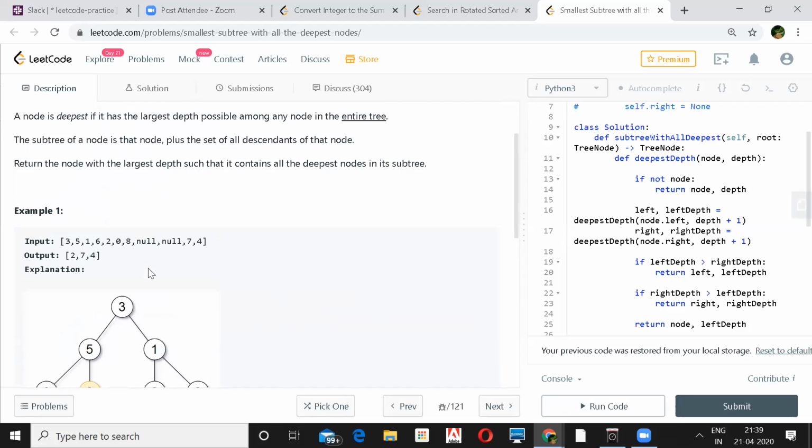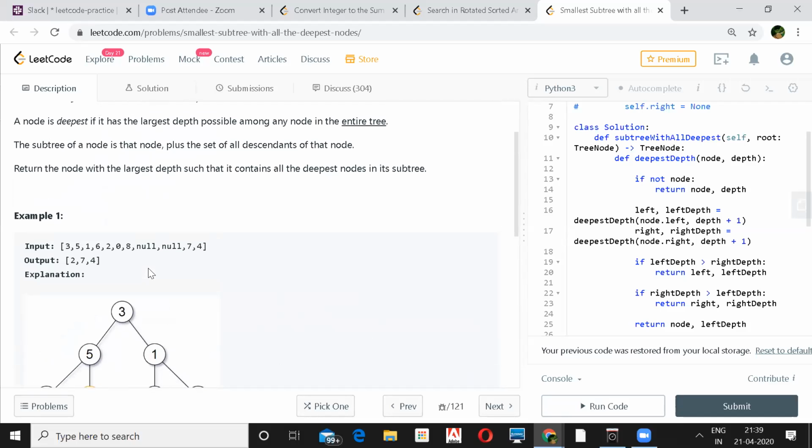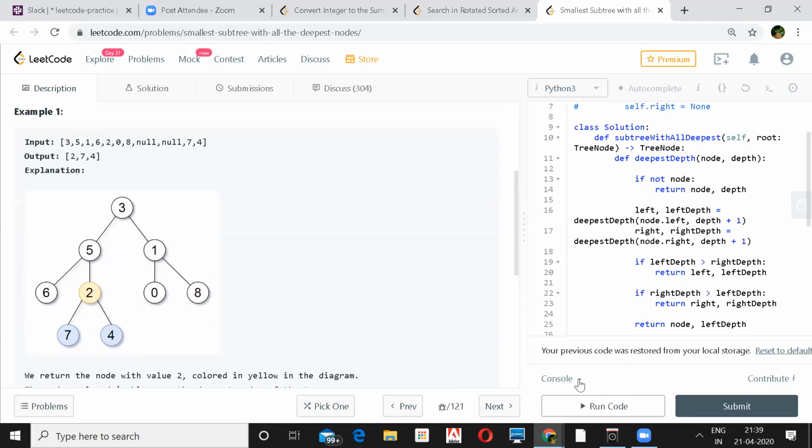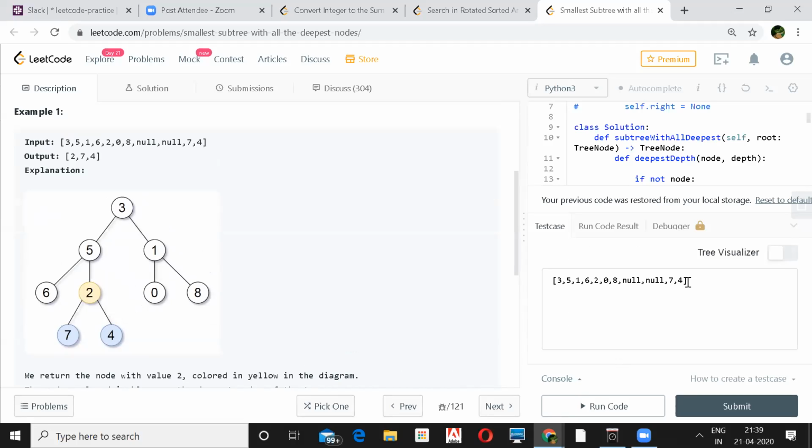We can check with a test case, right? You can modify this test case, the same one, and then add to it: after 7, 4, you add 3 nulls and 1 9. No, just 2 nulls. Oh, okay, 3 nulls.